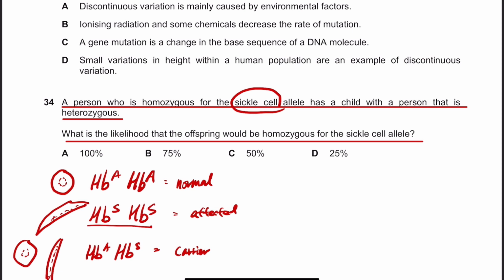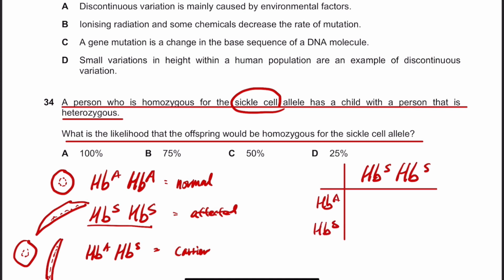So the question asks, if this person has a child with a person that is heterozygous, then what is the likelihood that the offspring would be homozygous? So if we just do the Punnett square, these are heterozygous, so we're not going to care too much about that, but